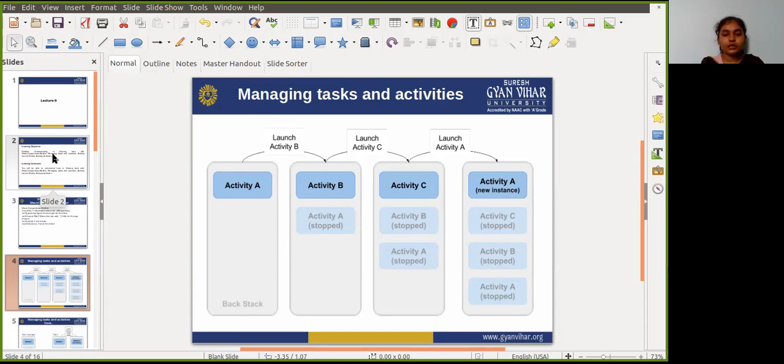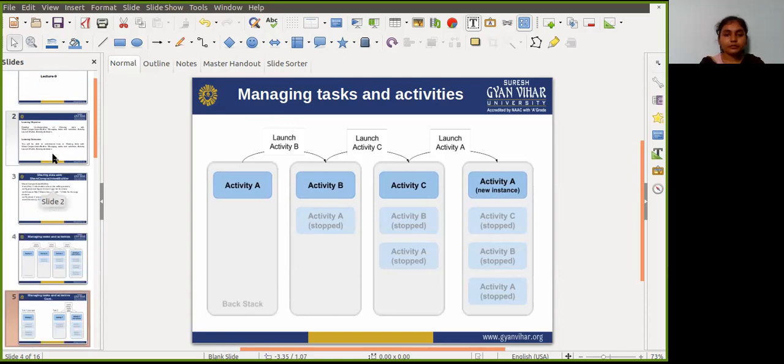If you want to change the normal behavior, Android provides a number of ways to manage tasks and the activities within those tasks, including activity launch modes to determine how an activity should be launched, and task affinities, which indicate which task an activity belongs to.